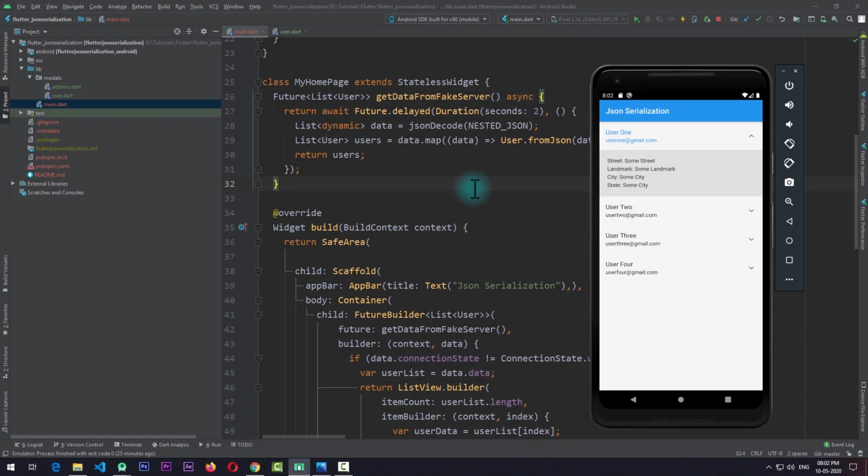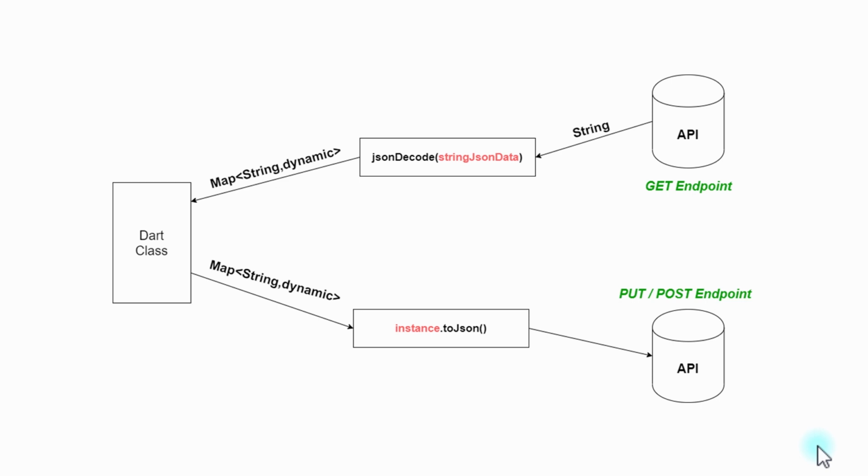And in this video, we're going to be taking a look at converting your JSON data into Dart classes in a simple way. To create a simple application in which we get the data from the server and we have to display that data in a list view or some other kind of widget, we have to do something like this. We get the data from the API in the form of a string of JSON, and then we decode the JSON by passing in the string,